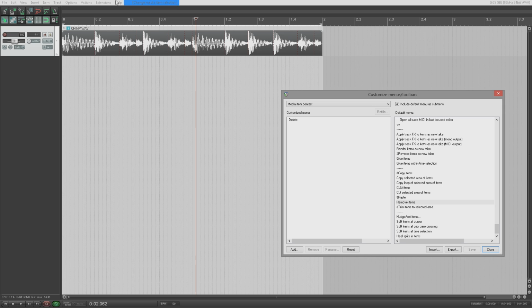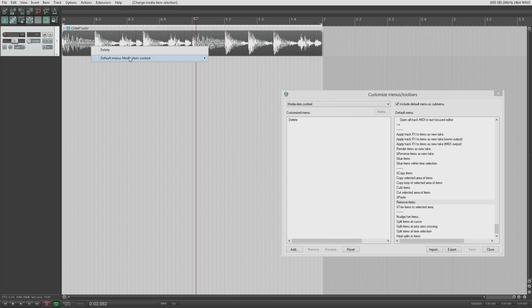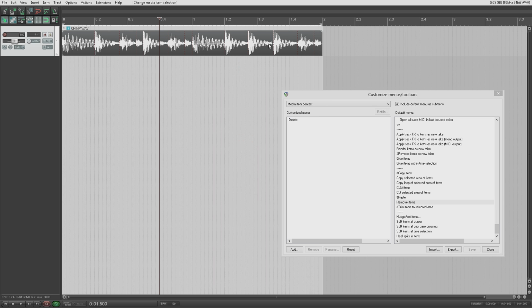Now, the reason we're leaving the submenu here is so that you've always got the actions on tap for the media item. So you can right click and go straight down to your submenu. Right, I was looking for this, or I was looking for that, I was looking for the other. Right, that's golden. When I first set up my custom menus, which was probably about 3-4 years ago now, when they were first implemented in Reaper,